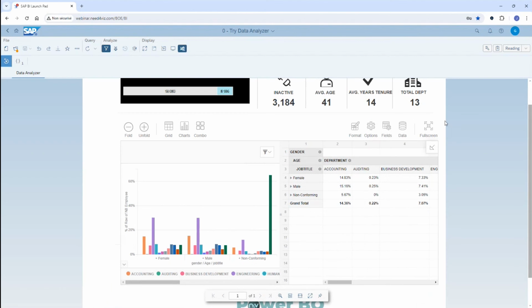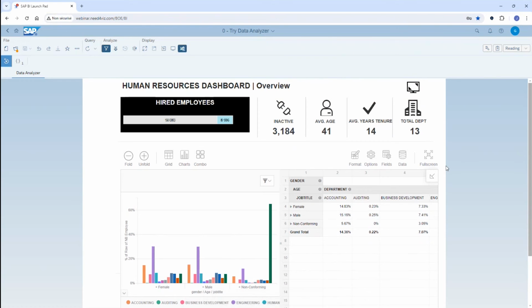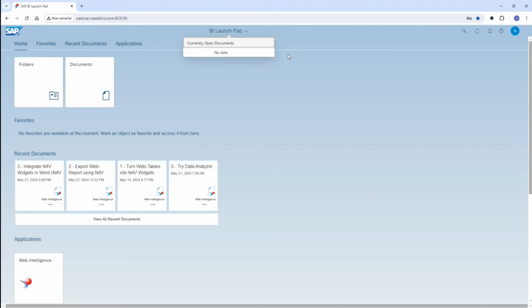Okay, so you can switch, of course, to exit the full screen and come back to the WebI view. Okay, so that was the first sample, our first report with which I wanted to show you what you can do. Now I'm going to open a new one, which is going to show you how you can play with N4V